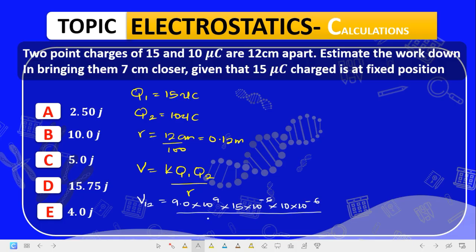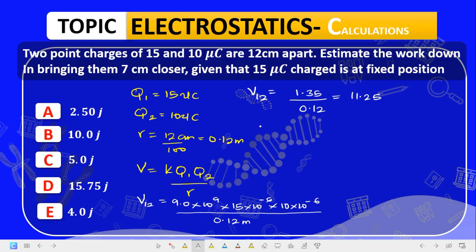our R, the distance of separation, which is 0.12 meter. So the potential at 12 is equal to, now everything on top, when you simplify everything on top here, that will give us 1.35. Then everything under, of course we know is just 0.12 meter, and that will give us everything together